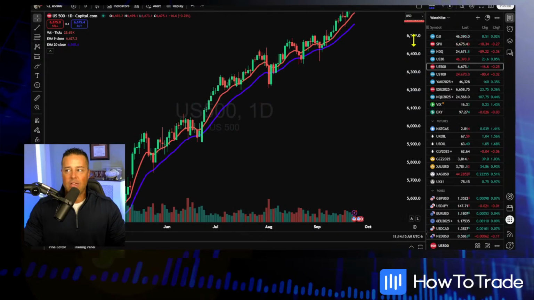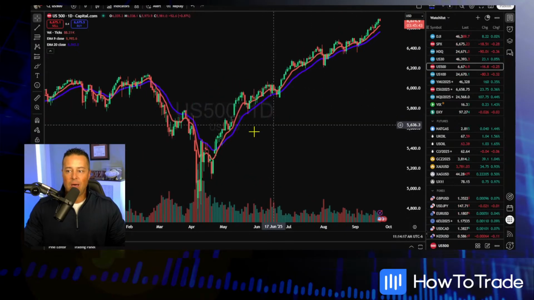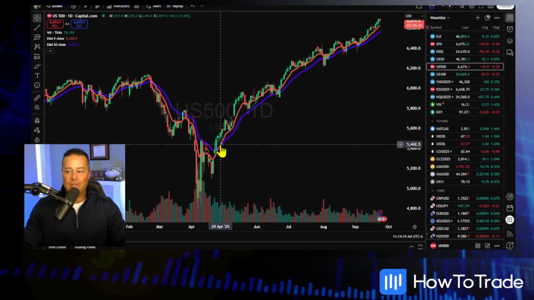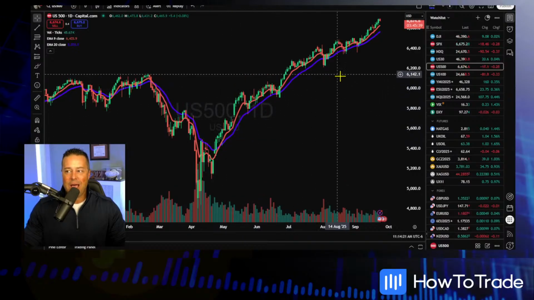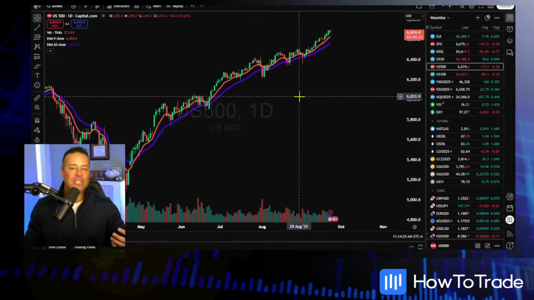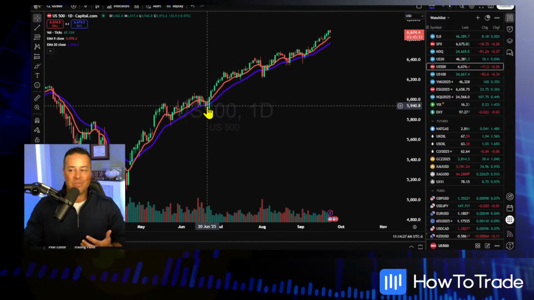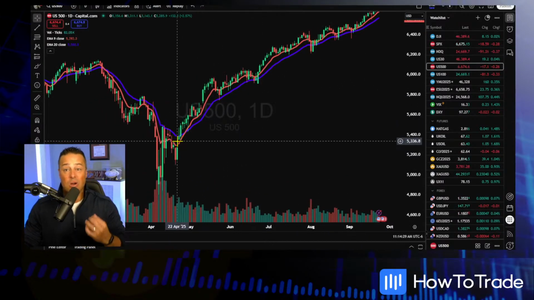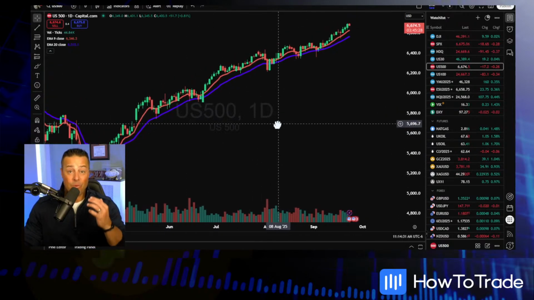That's your 920. Take a look at this, though. If you would have bought on this crossover right back here, you would have got a crossover in April, and you're absolutely crushing the S&P 500. Now, is that a swing trade? No, it's not a swing trade. It's a longer-term investment,